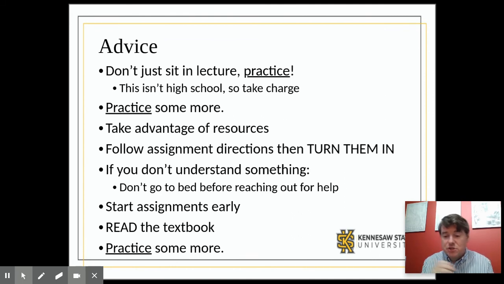So when you're doing your test, make sure you give yourself time. When you're doing your labs, make sure you're giving yourself appropriate time. Don't leave it till the last minute. I know you've got other classes. I know you've got life going on around you. I know you have kids and a job and all the other things that go on. That is what it is, but don't leave it till the last minute. If you start early and you get working on it, you can get it done, get it off your plate, and move on to other things.